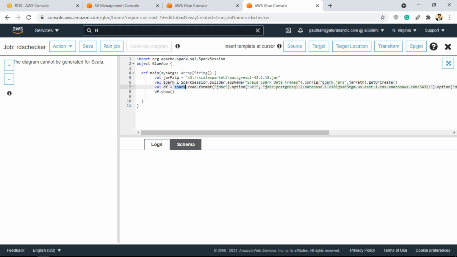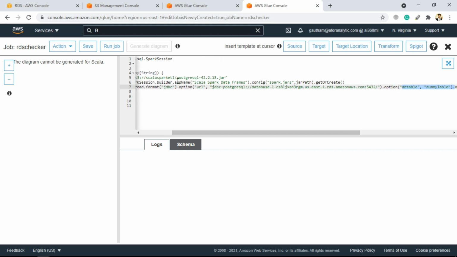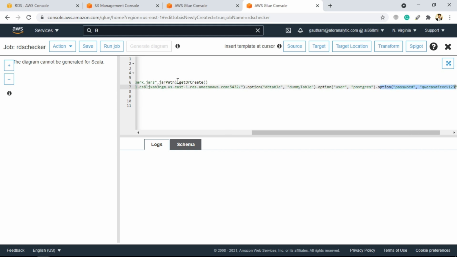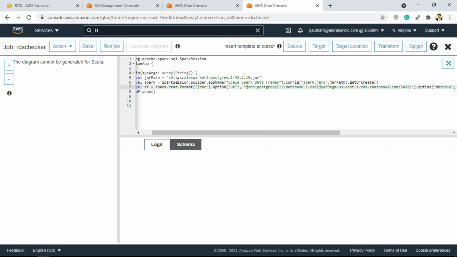Next is this, where the actual thing is happening. We are referring to Spark, then we are asking it to read in the format of JDBC with the options of URL, and over here we are providing the same URL that we provided in the previous code for reading the data from the RDS. Then we are specifying the DB table from which we want to read the data. Then we are specifying the username. Then we are specifying the password of the RDS database. And over here, instead of saving, now we are using load, because we want to load data from the RDS to this data frame. And then we are simply calling df.show. Now let me just run that.